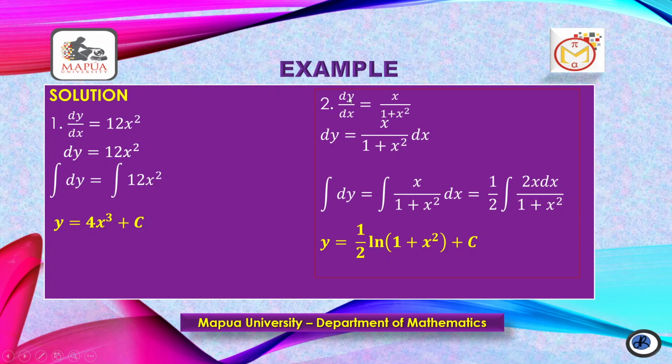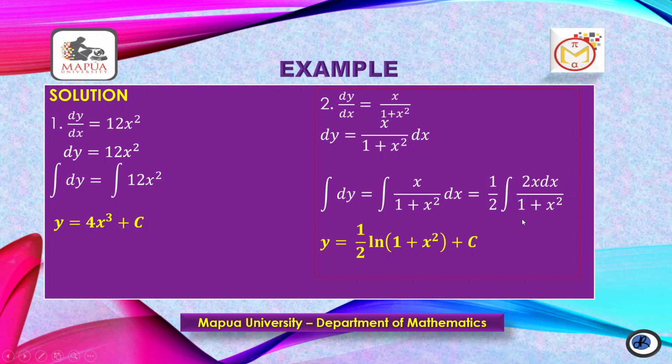Another example is we have dy with respect to dx equal to x over 1 plus x squared. So similarly, we have to combine the variable x with the dx. So we will simplify by cross multiplying with the dx. So we have dy now is equal to x over 1 plus x squared and then dx. And then to find the solution, all we have to do is just evaluate the integral of each, the left side and right side of the equation. So we have the integral of dy for the left side. And for the right side, we have x dx over 1 plus x squared,